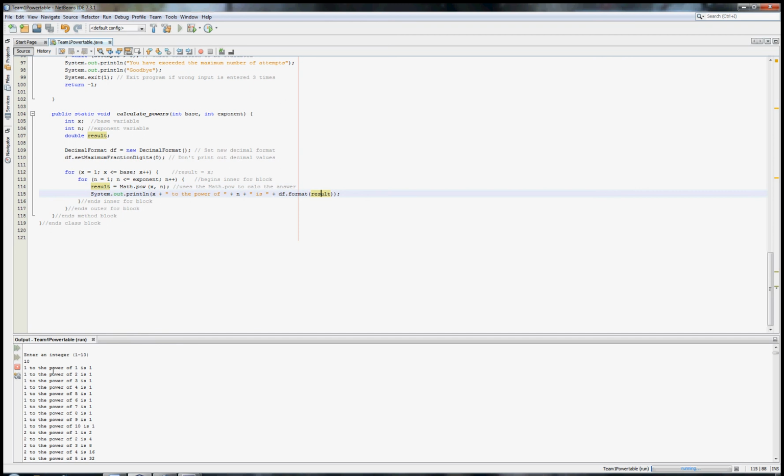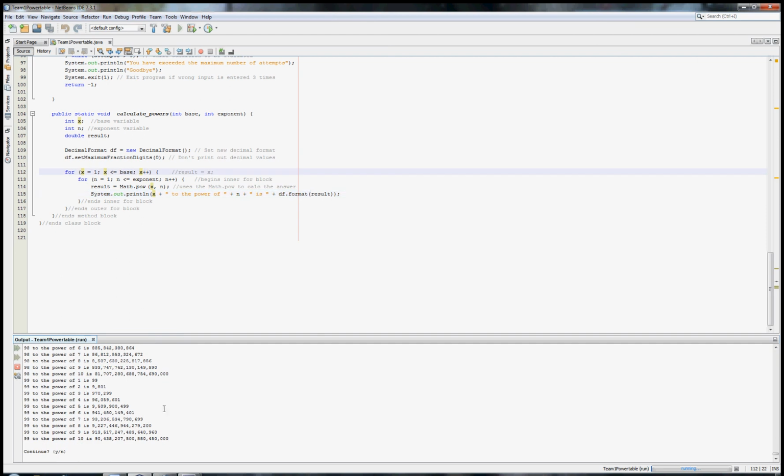It kind of looks like this. 1 to the power of 1 is 1. Then it increments the exponent variable, and it keeps going all the way till it gets to 10. And once it hits 10, we go back to this other for loop here, and then it increments that, and so we get to 2, and it does it over and over again until we get to 99, which is our base max limit, and then 99 to the 10th, which is our exponent max limit. And then after that,